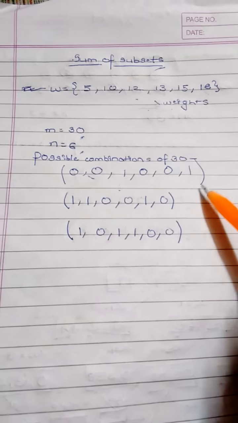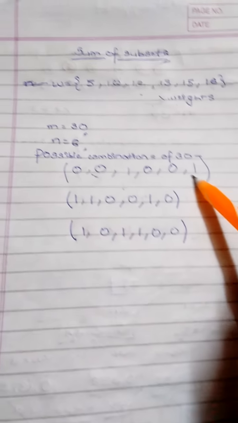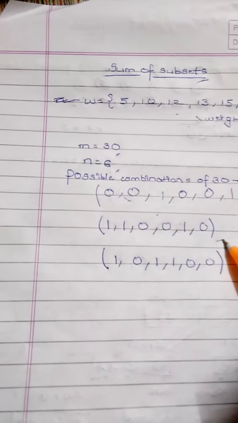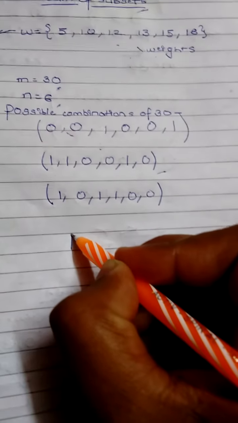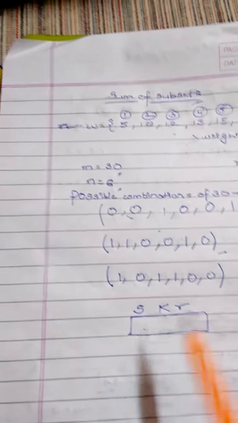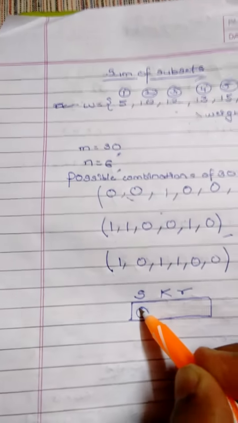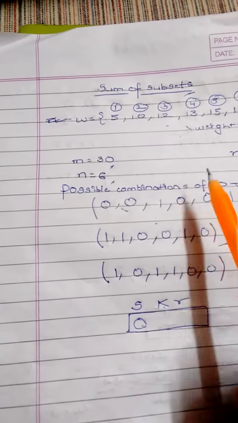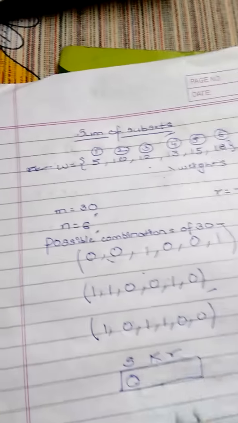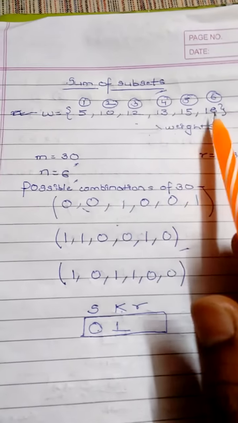Now our aim is to make a tree for any one of these cases. I will make a tree for the second case. For making a tree, we should first make a block consisting of three things: S, K, R. S is the initial sum of the tree, which will be 0. K is the index of the weight, which will be the first index, that is 1. And R is the total sum of the weights, that is